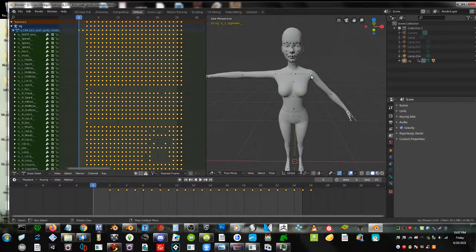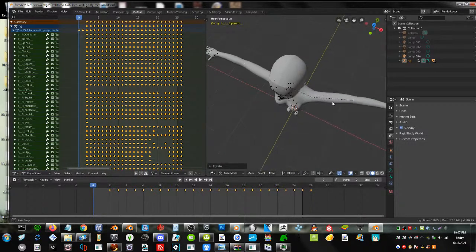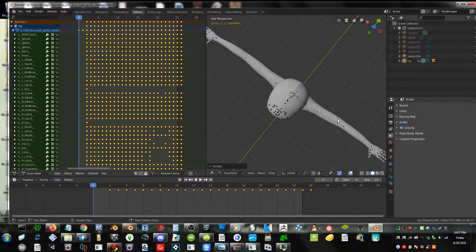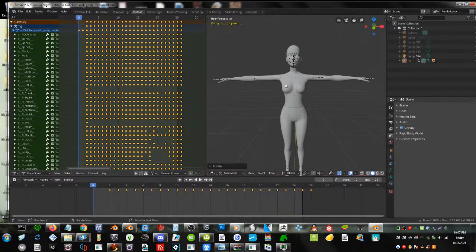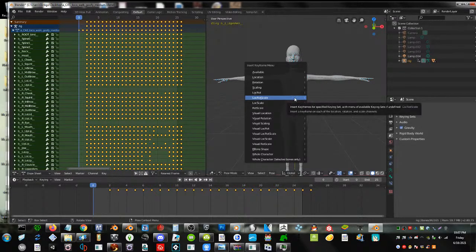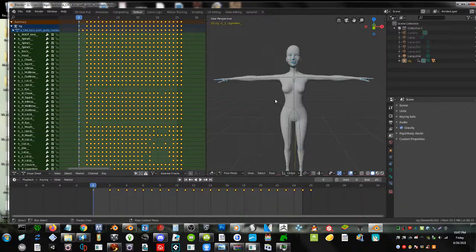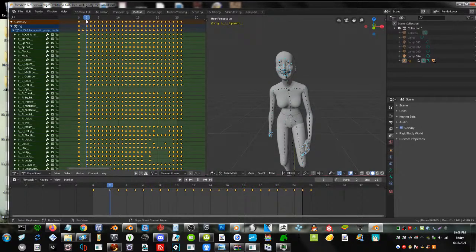Okay, cool. So now we have it here in T pose. We're going to press A again and select all of the bones in the Sims skeleton, and we're going to press I, and then do loc rot scale and put this here as the first animation. This is going to act as our artificial rest pose, because if we were to change the real rest pose from an A to a T, the rotation in the animations would be off,